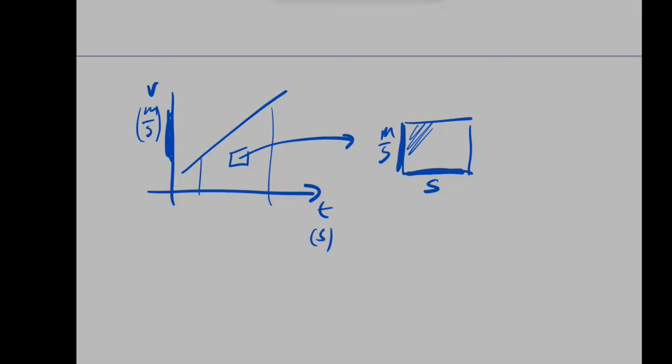And when you find area, and I didn't put numbers on here, but even if there were numbers, I'd have to still keep the units with them. If I do meters per second, the height, times base, times seconds, the seconds cancel out, and I'm left with meters. So that's a pretty strong